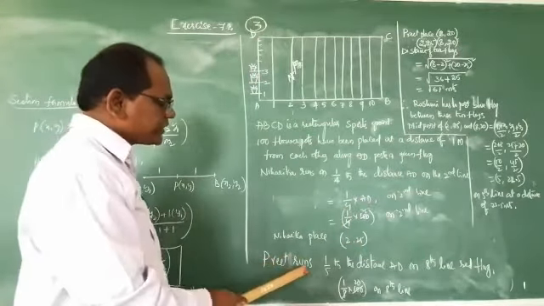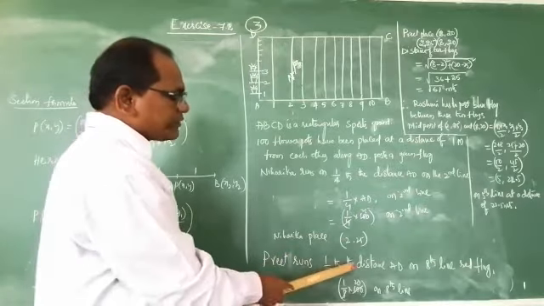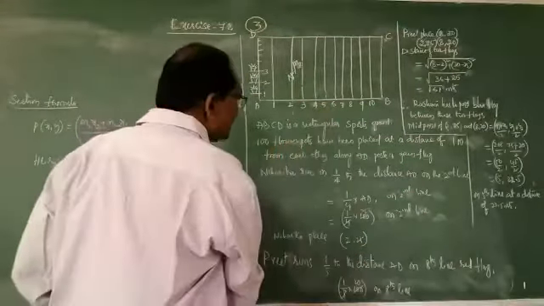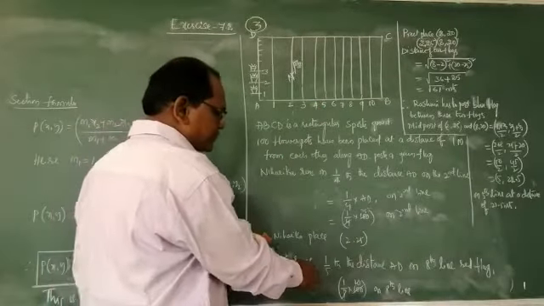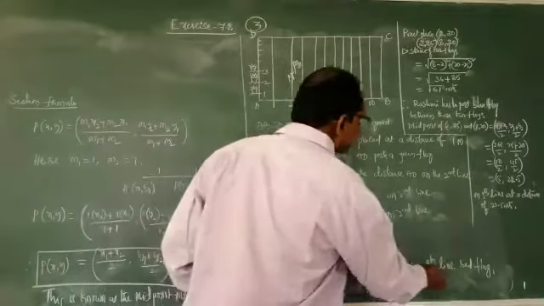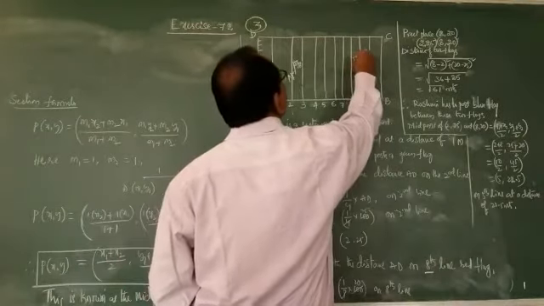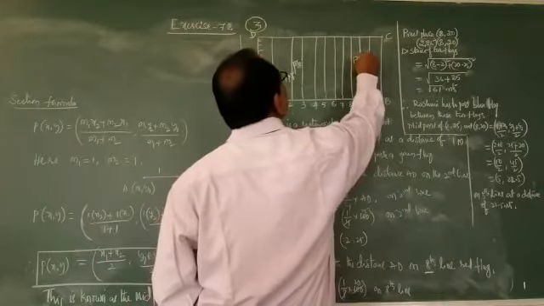Like that only, Preeti runs 1/5 of the distance AD. 1/5 of distance AD means where is Preeti now? Here it is on the 8th line. So this is the 1/5 of the 8th line. This is the 8th line. Here also one more flag is there. We can draw it.